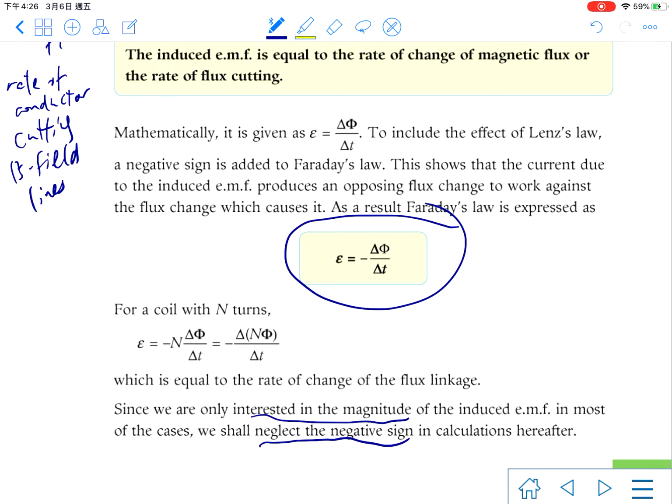Sometimes, since we are only interested in magnitude, we would neglect the negative sign. The negative sign means oppose. 對抗佢，所以有個負啊。